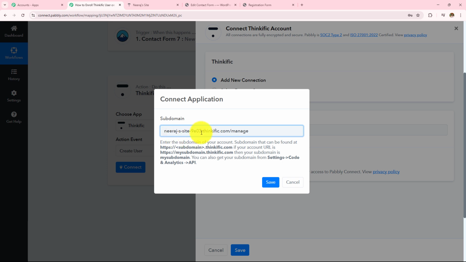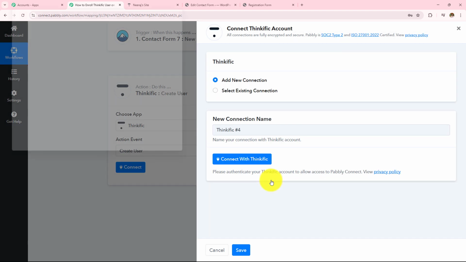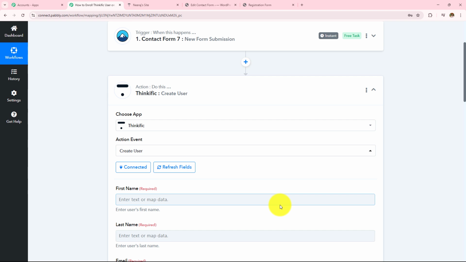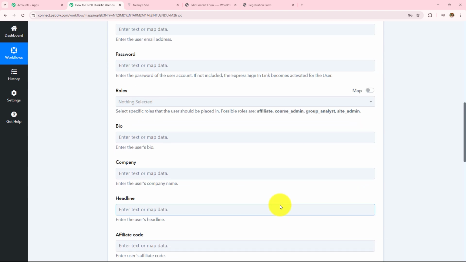I have removed that, and then .thinkific. I have to remove all of this after this .thinkific. So I'll remove all of this. Now this is my subdomain, and now I'm going to click on the save. So here authorization successful. Thinkific is connected with Pabbly Connect, and now I have to enter all these details.